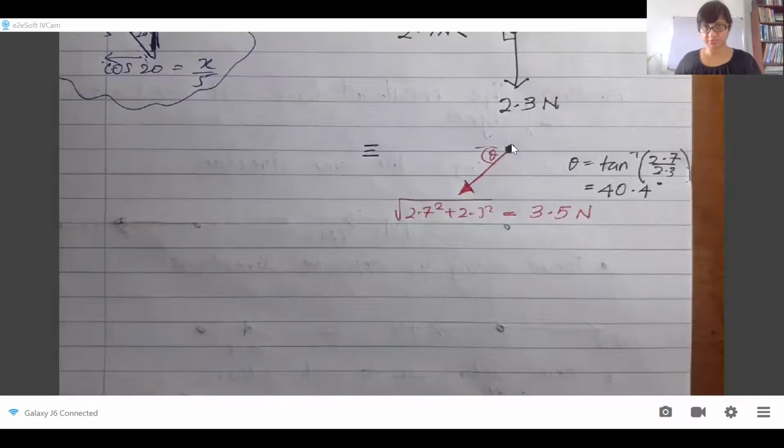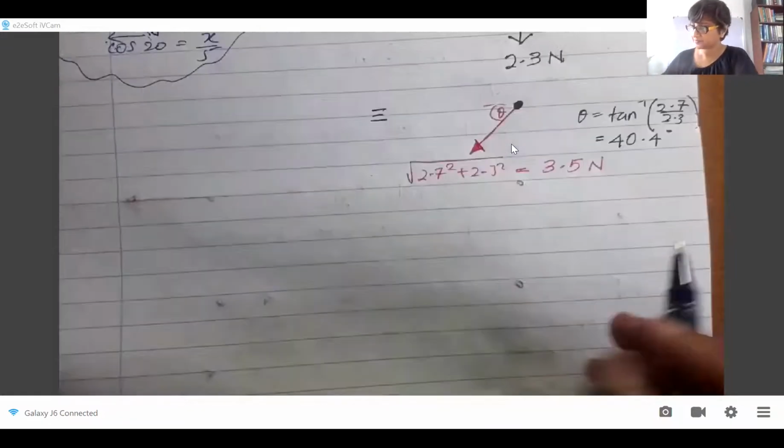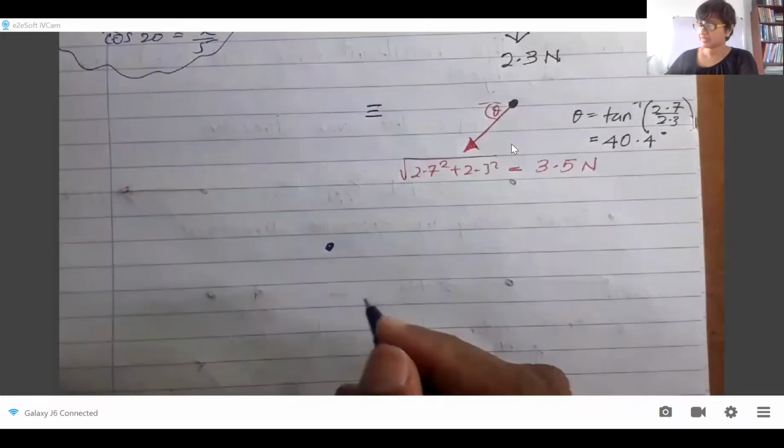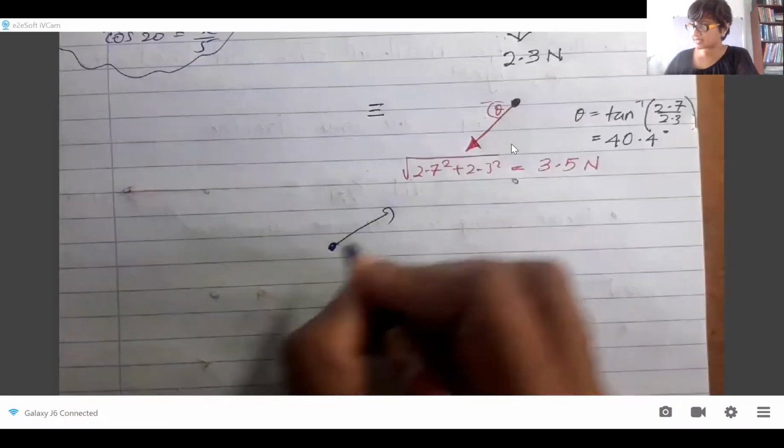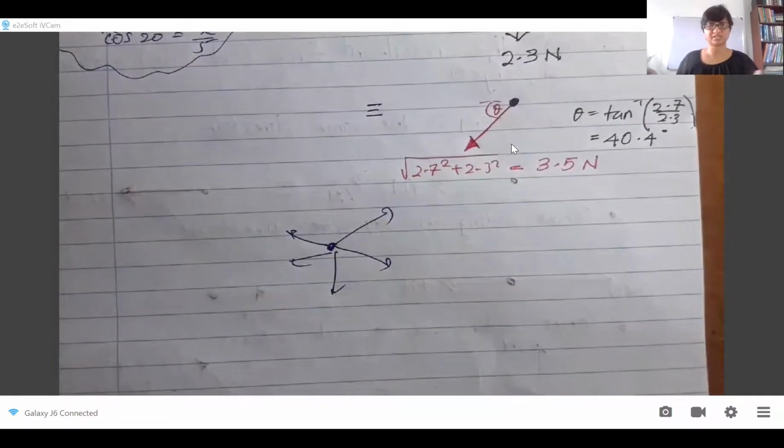If you have an object on which a number of forces are acting, but the object is at rest. It's not moving. Say there are 10 forces acting on it, this way, that way, like a point object, and there are so many different forces acting like that. But